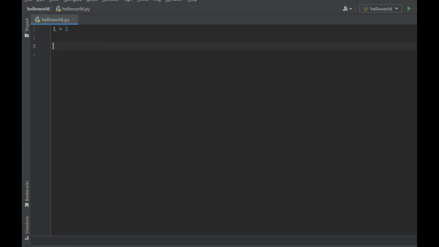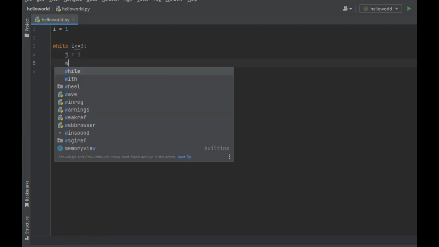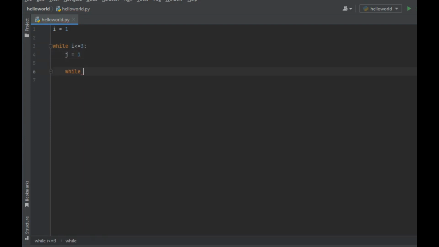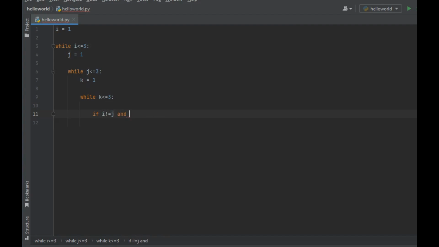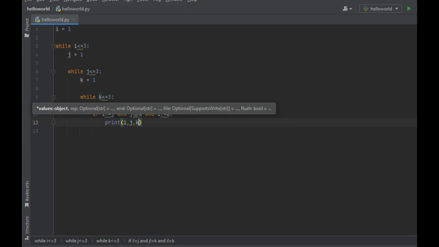In this example, we are using 3 nested while loops to generate all possible permutations of the numbers 1 to 3. The first loop iterates over the number i, the second loop iterates over the number j, and the third loop iterates over the number k. At each iteration, it checks if the numbers i, j, and k are different from each other. If they are different, the permutation is printed. After each iteration of the innermost loop, whether or not all requirements are met,